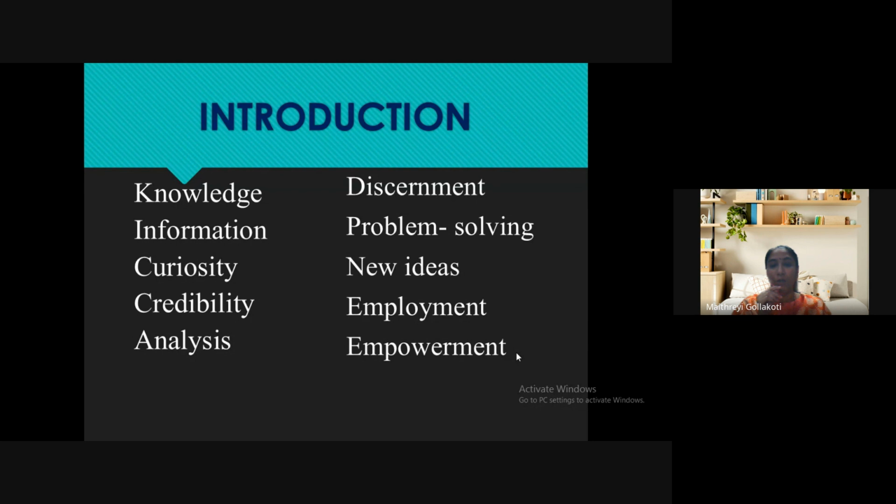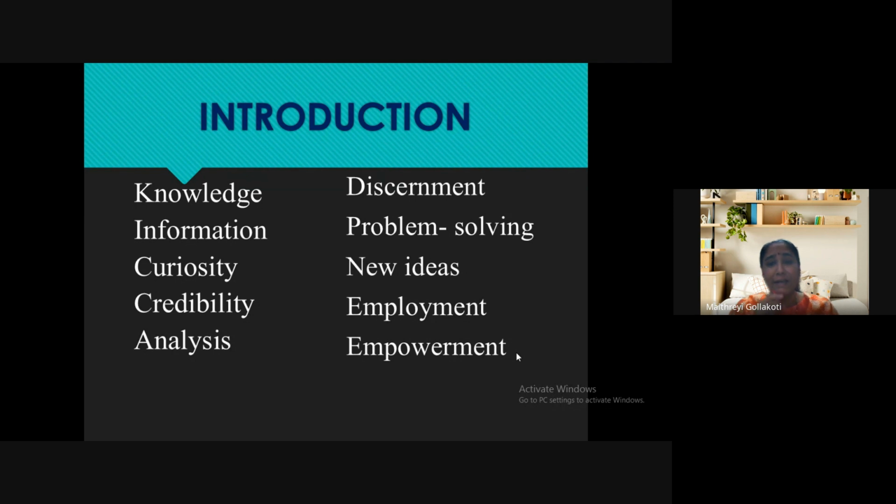So that is why curiosity is the most important thing, that is a raw material that is needed by a researcher. And next, a research should be credible. Credible means something which can be believed in. Okay, something which you can prove. So research is something which we can prove with proofs. And next, analysis. Research tries to explain how things are, what things are, how they are happening. So, analysis takes place in research.